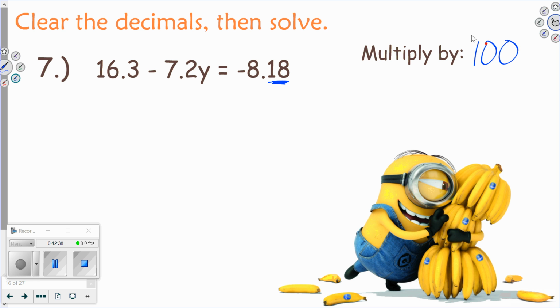Okay? So whatever the most is, because if I only did, that's 1 digit, so it'd be 10. But that wouldn't get that one to be where I wanted it. Okay? So look and see what is the most number of digits after the decimal point. That's how many zeros you need on your number. Okay? So I'm going to multiply all of this by 100. It does. So we'll go ahead and distribute that in. So 100,